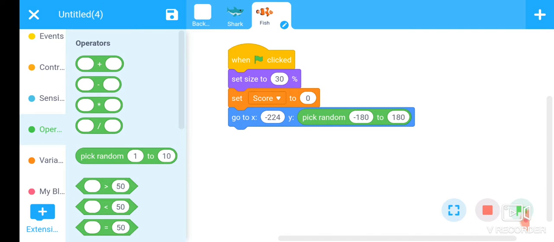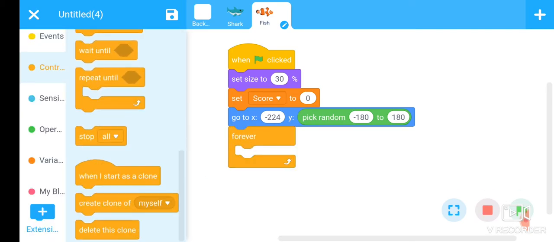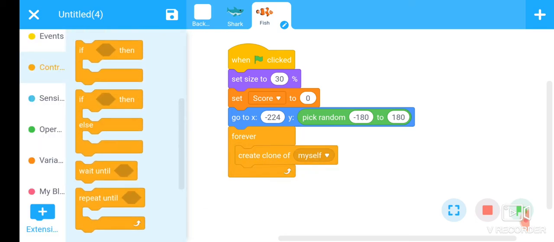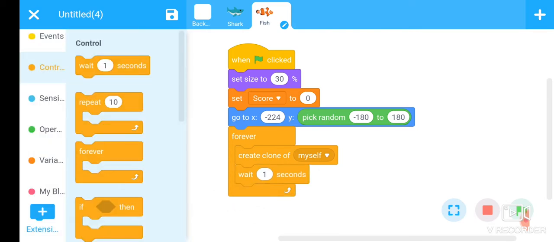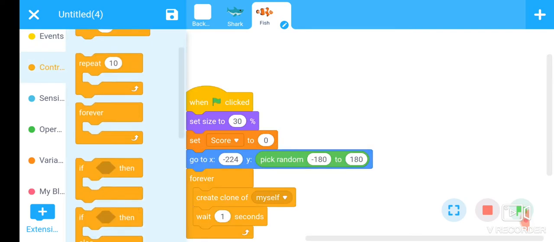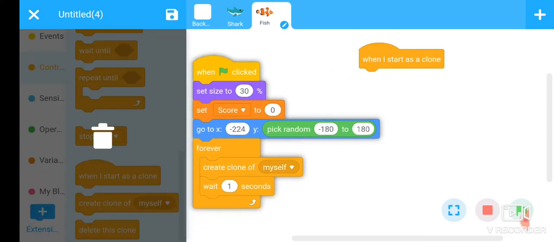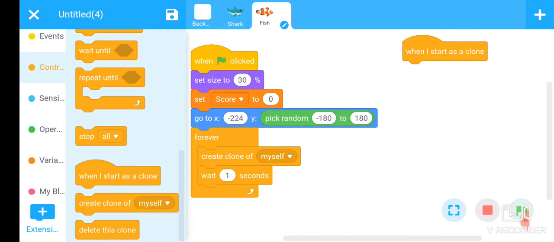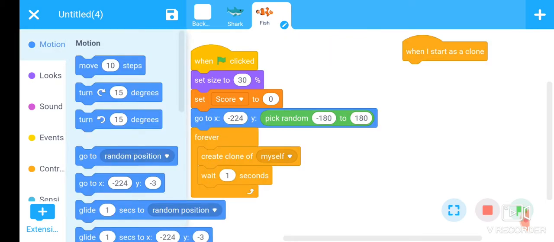Now you use forever loop here. Use the command create clone of myself. Add some wait here. Let's the wait is 1 second. And then whenever we start as a clone, the fish should be pointed towards 90 degree.